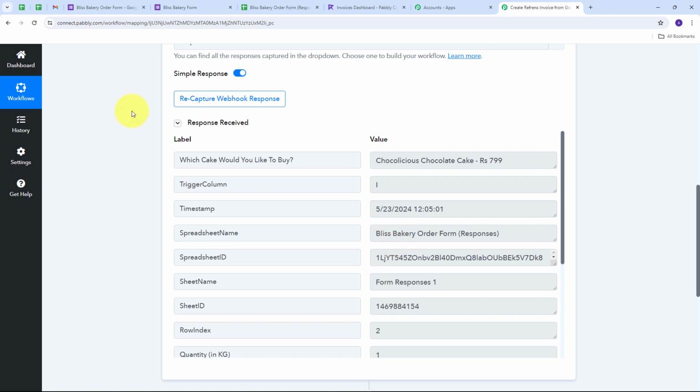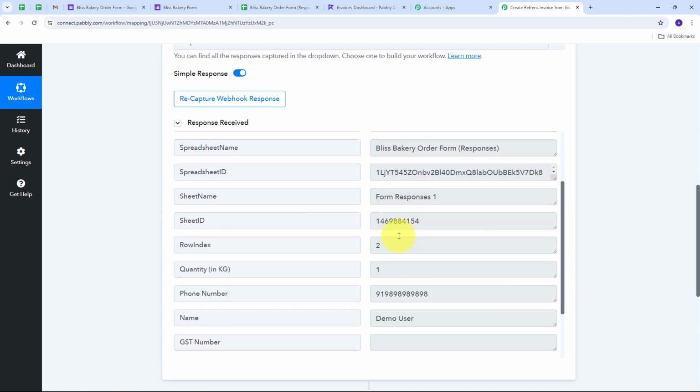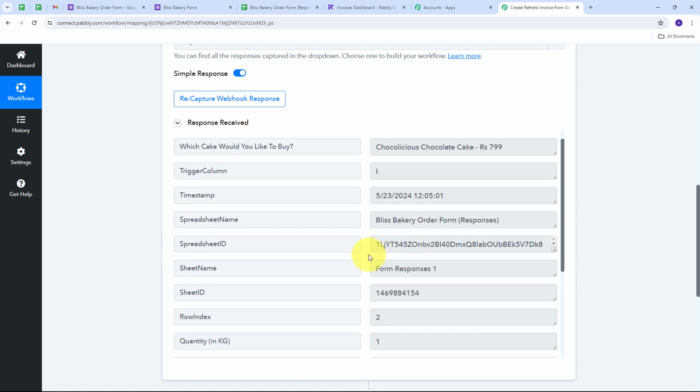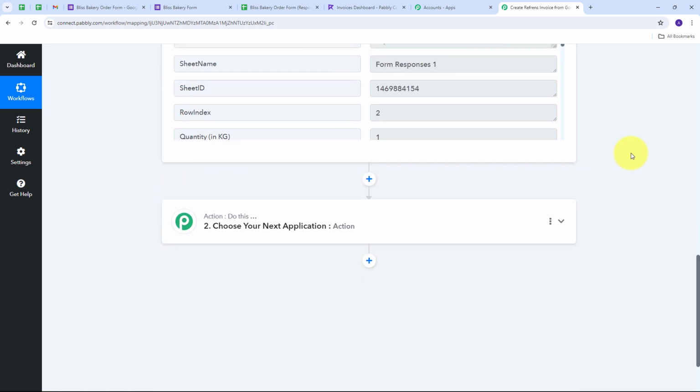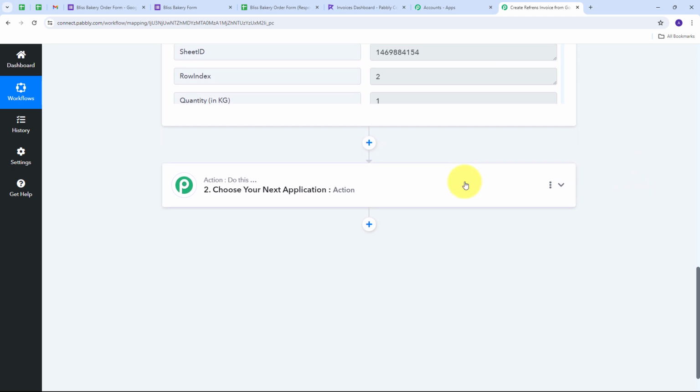Now what I need to do is I need to use all these detail, and I want to create an invoice for this particular order by using Refrens. So before creating the invoice, as I'm receiving my product name and the amount in this particular manner, I'm going to split this, and I'm going to get my product name and my amount separately. So for that, I'm going to set up my actions tab,